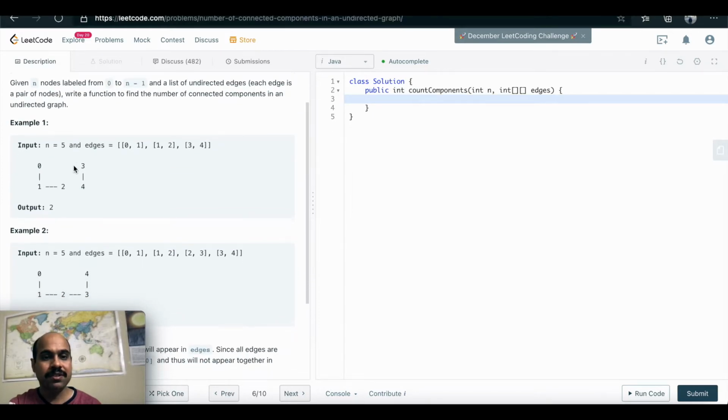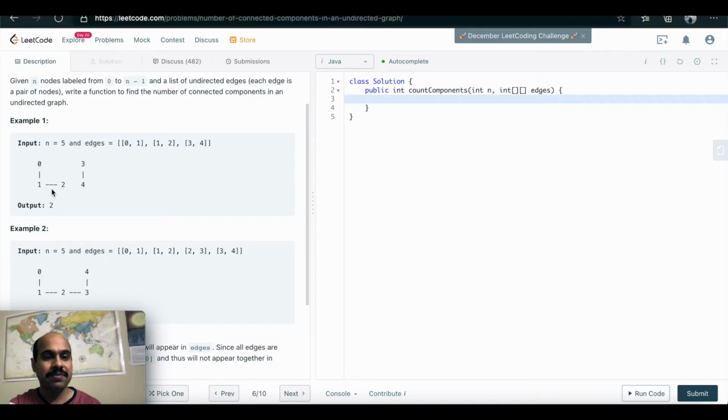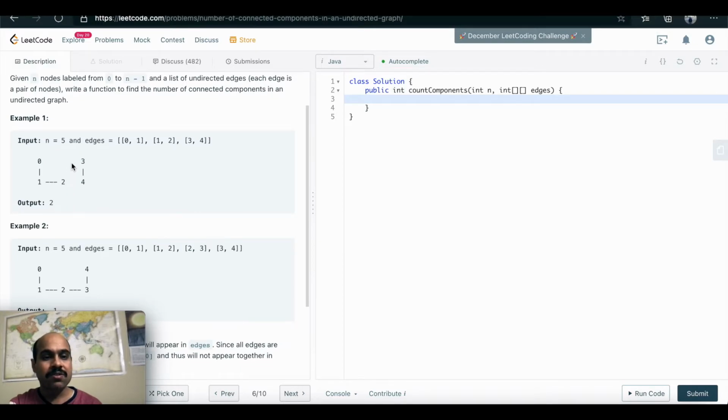It's a graph which has many components. It simply means there are some components in a graph which are not even linked. So here 0 1 2 is one component, 3 4 is one component. It is part of one graph, but they are not linked. So we will be given the number of vertices. So 0 1 2 3 4, here the number of vertices is 5.